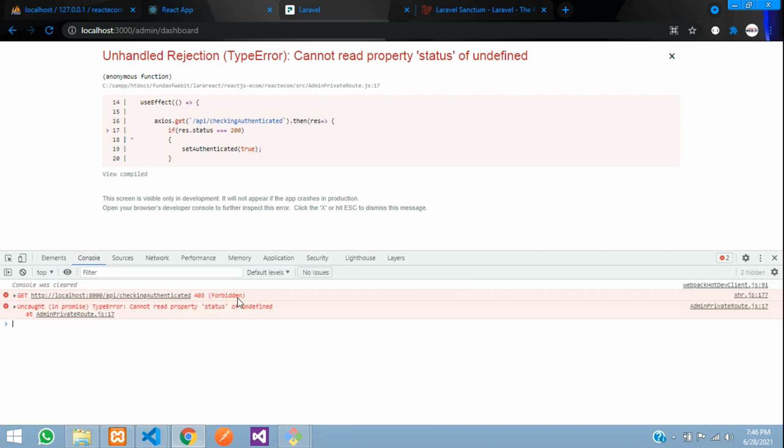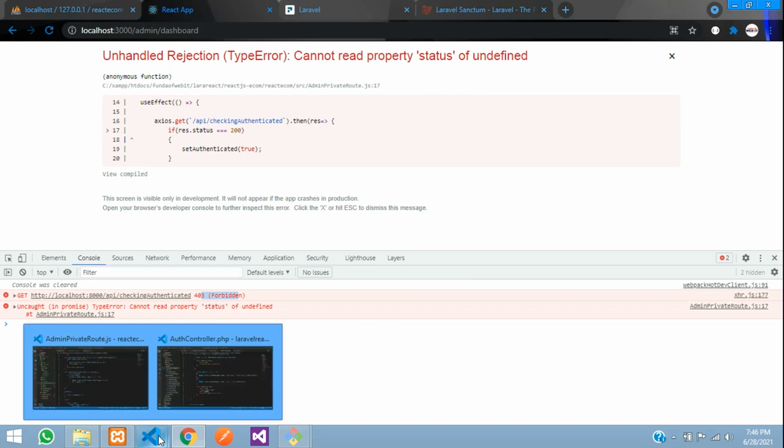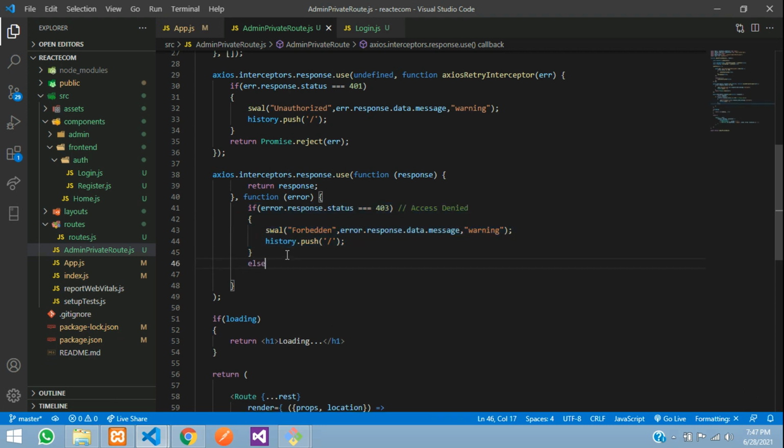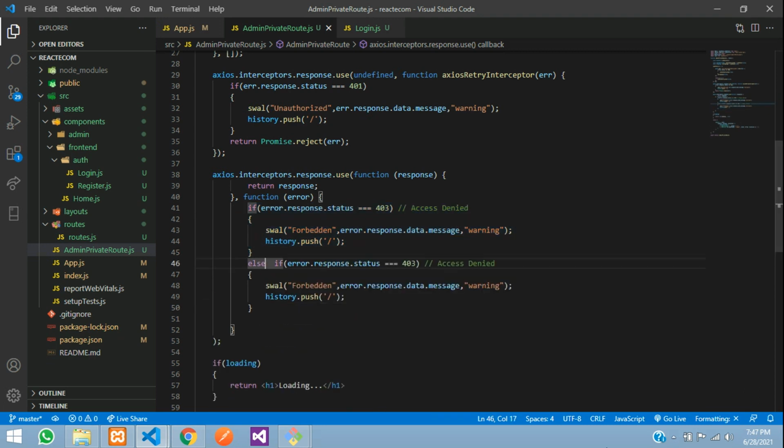Okay, so you're getting 403, right? If you get a 404 error, for that also you can just add it over here. So let's copy this, write else and paste. Cool. So just add 404 and over here, page not